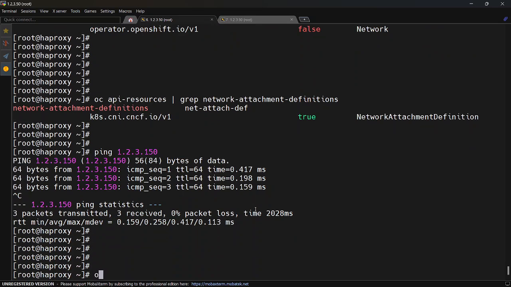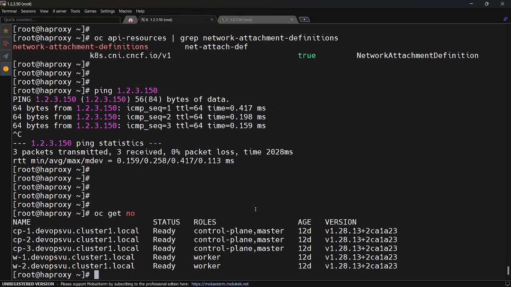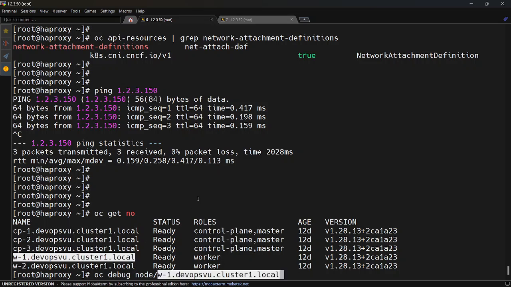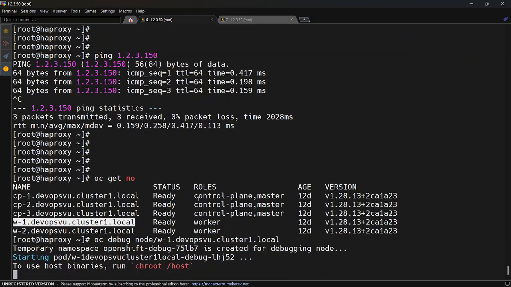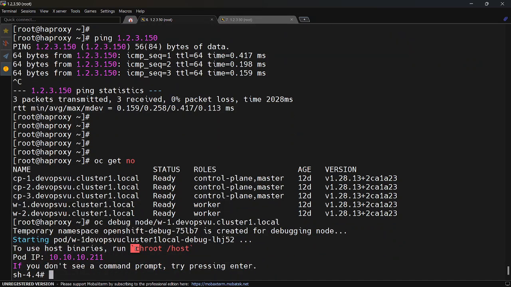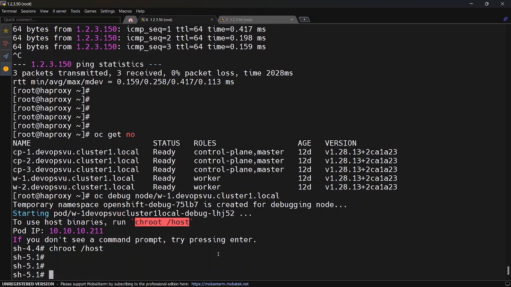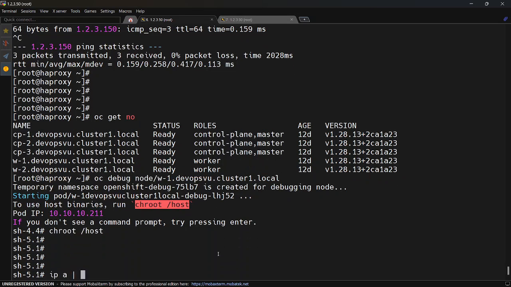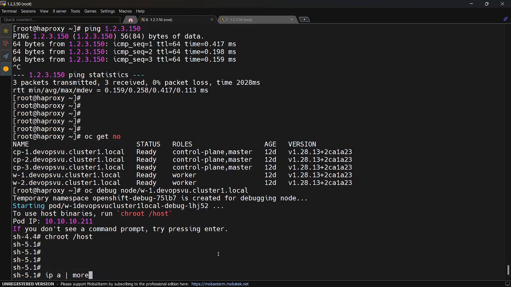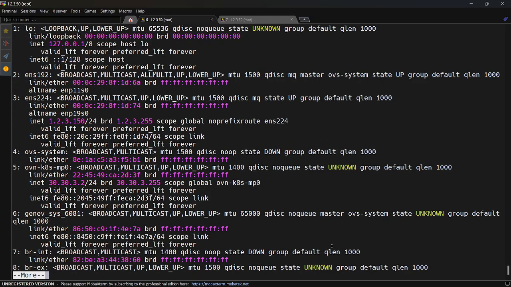So now I will do oc get nodes, then oc debug node, this worker node 1, because I attached the interface on this worker node 1. Let me switch to chroot, and here ip a | grep -i more. Just I am going to minimize the font size, and here you can see this is the interface that is